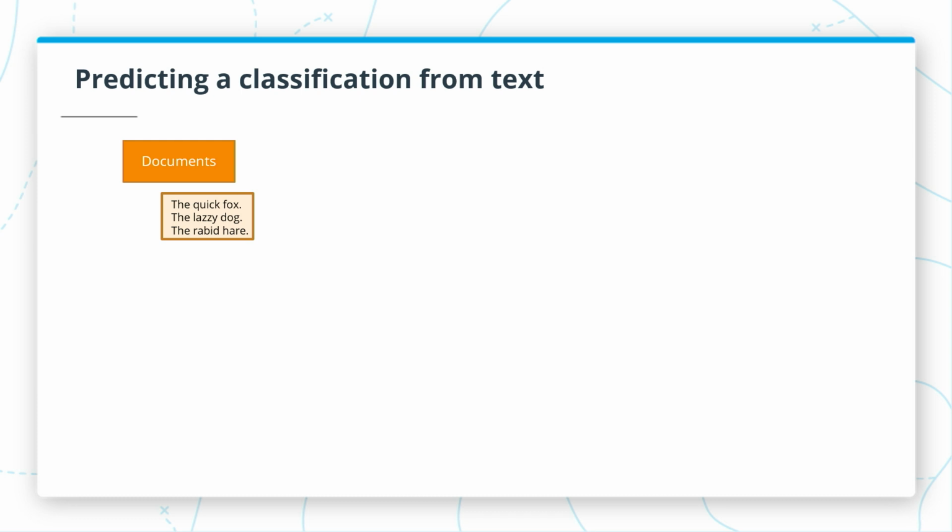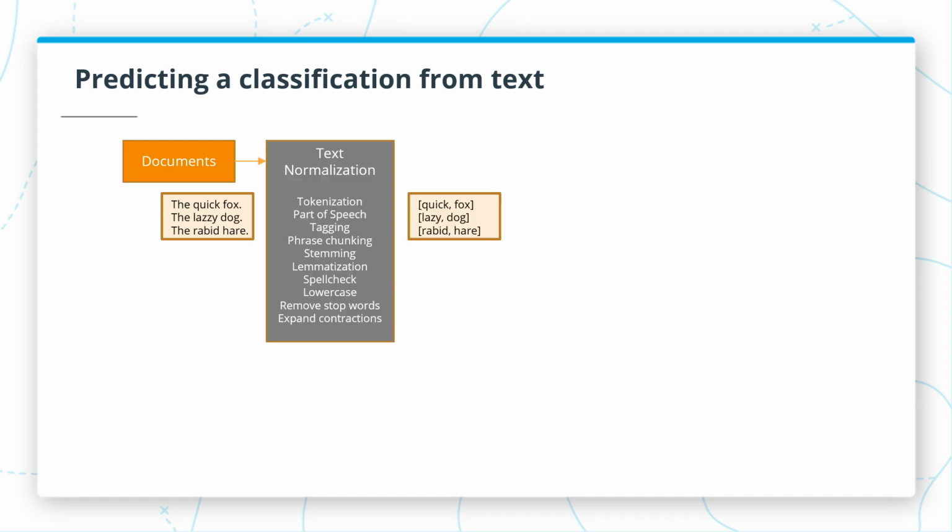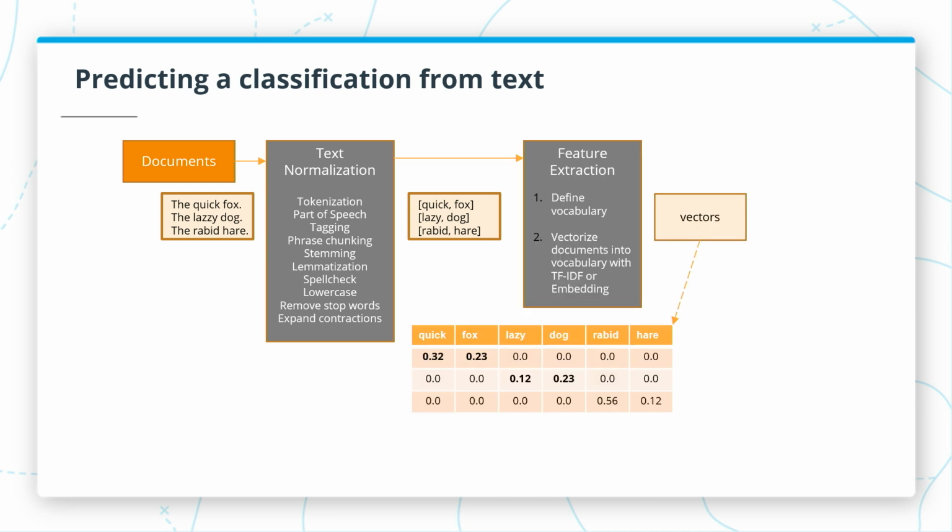So what you want to do is to use the descriptions, to use this new set of documents to produce the classification of those car parts. And the way this happens is pretty much the same way in which you have prepared your original data for training. So the first step, again, you will take in the new text, the new documents, and apply the same process of text normalization. And then you apply the same process of feature extraction, with the important note here that